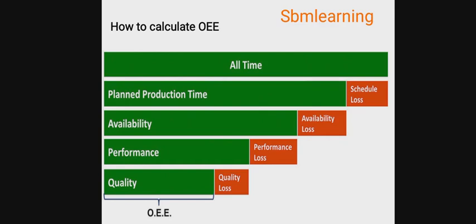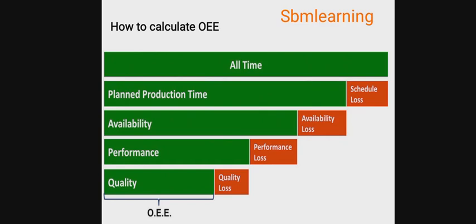Now in availability loss there is one breakdown of 1 hour, half an hour startup time and half an hour changeover time. So 2 hours are removed. So from 22 hours, now my available run time is 20 hours, because there was a breakdown of 1 hour, startup time and changeover time. So whatever time we have lost is my availability loss.